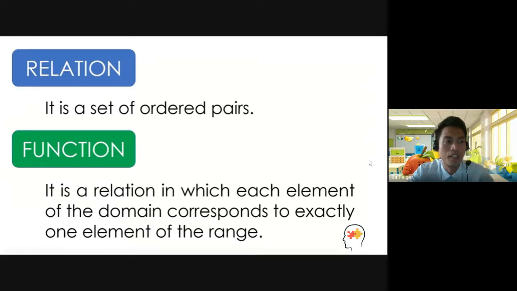Later on, pag sinabi nating function, a function is a relation in which no values of x are repeated. Tandaan niyo po yun ha. The domain, there is no repetition of the values of domain. So pag may naulit po sa domain, na values of domain, hindi na po siya function. So ulitin ko po, function is a relation but not all relations